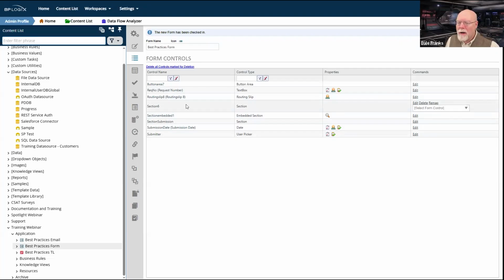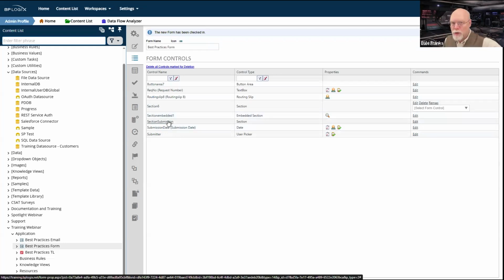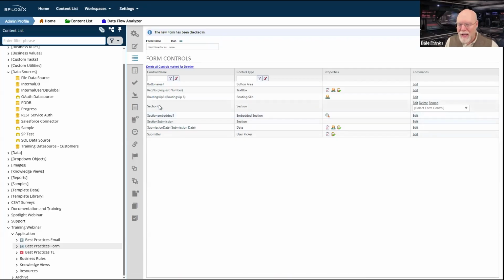So on our control here, where we get whether we want to delete or remap, if I have existing form instances, so I've had 10 people who have submitted a form and they filled out this field, I don't want to delete it because if I delete it, it's gone forever. So right now I'm in a situation where I have 2 separate controls. I have section submission, and that will now be the control for today and all future forms. All past forms had a section 6. There's data in section 6, and I don't want to lose that data. If I delete it, I am going to lose that data.